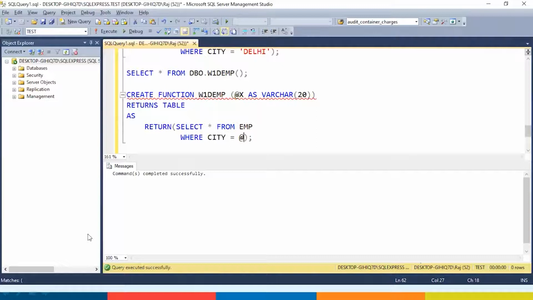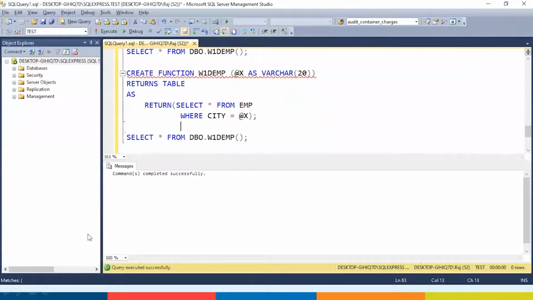At the rate x. Here it is. Now you write select star from.